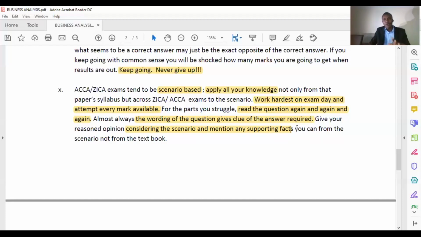Please, always be able to draw conclusions and suggestions from the question itself. This is not to mean that you can't refer to the textbook knowledge. No. The textbook knowledge, of course, is important to help you have the basic idea of what you expected. And that knowledge should be able to help you to come up with your own thinking. Don't copy and paste. That way the examiner will not be so happy about you. And if the examiner is not so happy with your answers, then you know he's going to give you 48. And if he wants to upset you, he will give you 49.